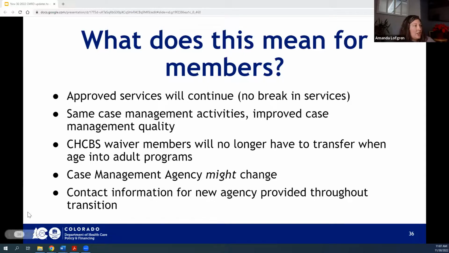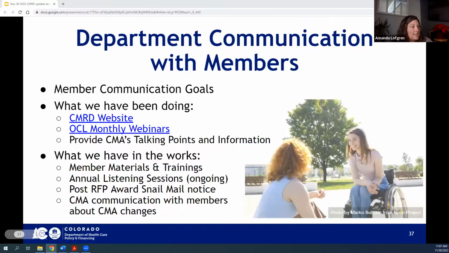So on the next slide, department communication with members. I want to set the expectation that case management agencies are also responsible for notifying members about case management agencies and case management redesign. We work closely with them to provide fact sheets and information so that community conversations and discussions can happen. We also know that there's a level of ambiguity for the case management agencies right now too, and so there is some grace and confidence at the local level. Case management agencies are expected to use department materials and talking points to provide information, because again, there is ambiguity and there are changes happening, but we also want to make sure that we can quickly address and dispel any myths